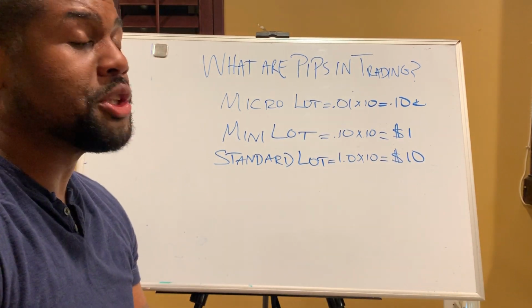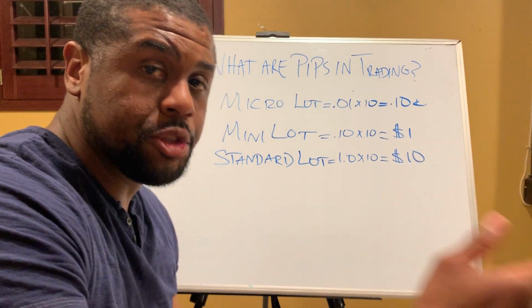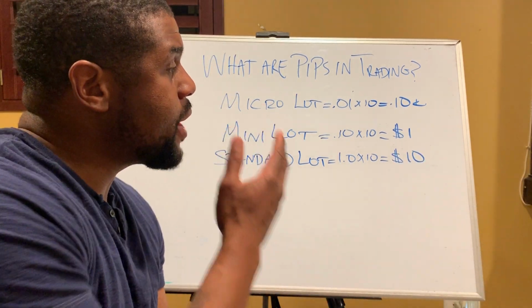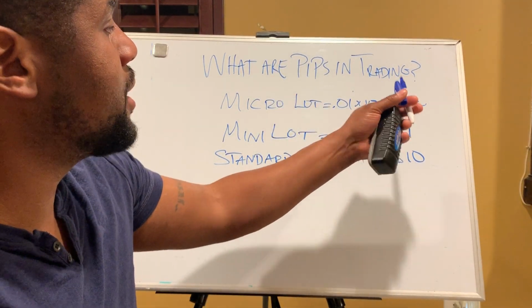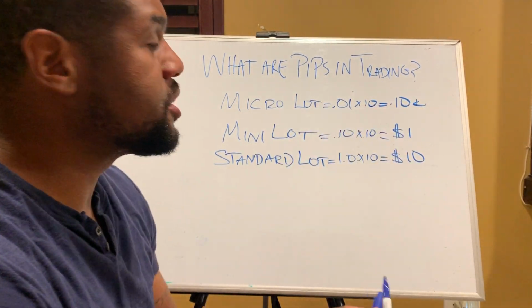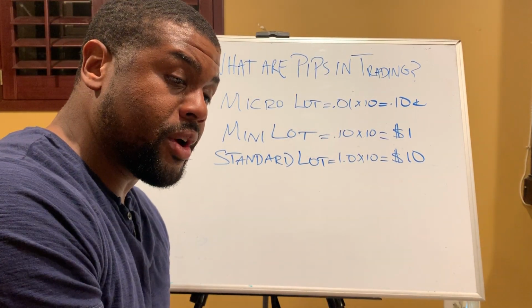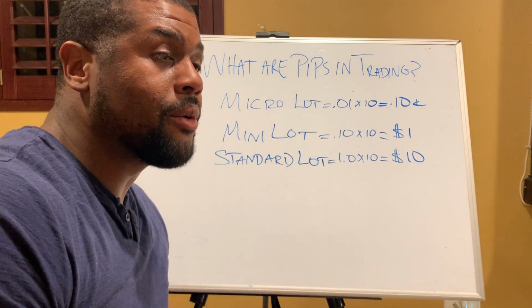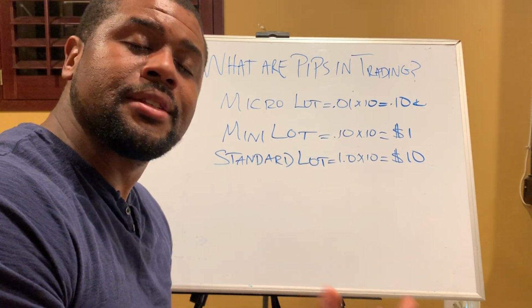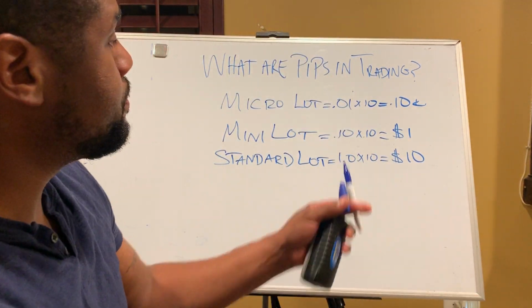So a good rule of thumb is you want to do 0.01 for every $100, okay? So let's say you had a $100 account, you should be trading micro lots, meaning you should be trading 0.01, which is 10 cents per pip. Okay, now it might seem small, but look at what you have in your account. Through the power of compounding, a $100 account in 3, 6, 9, 12 months can look totally different. That's a whole other video. But